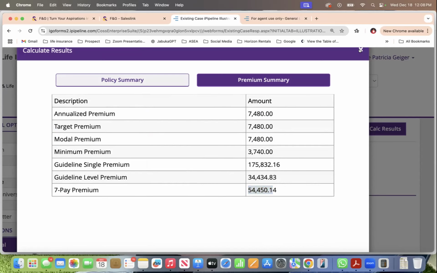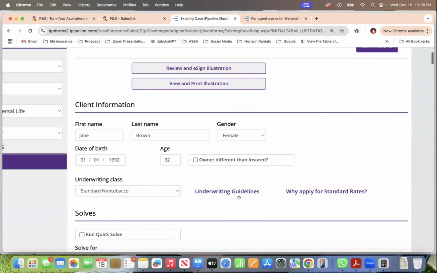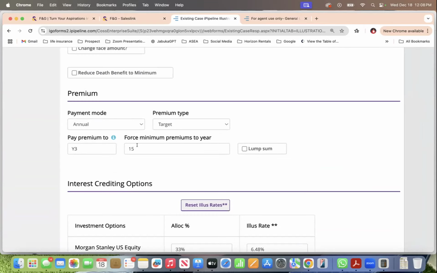Right. So that is, and then to answer the question of, is there any minimum years you can run? So forget about this. Don't be confused by forced minimum. This is just what Gigi said, the default. So at least you have to make sure you have 15 years of minimum payments to protect the policy from lapse. Exactly. But you can decide to stop at any time during the early years, because you have to know that